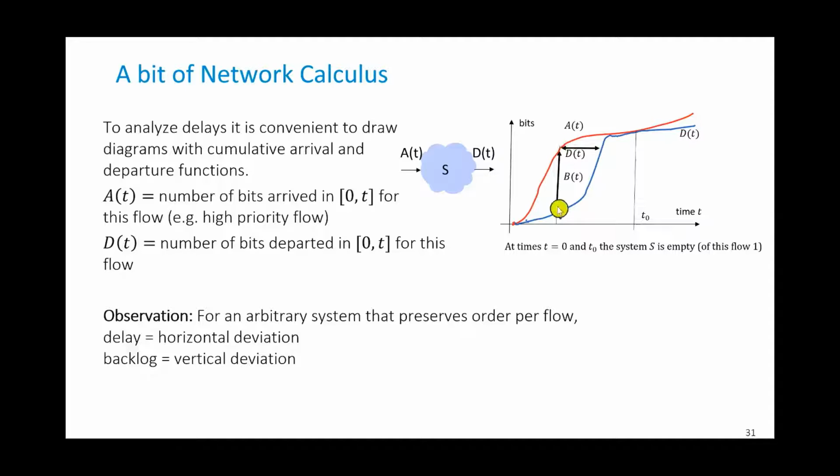We're also interested in having enough buffer. We must show that we don't lose packets because of buffer overflow. Here we also see the amount of data that is in the buffer. This is called the backlog. At time t, how much of this flow is in the buffer? Well, this is everything that has come in minus everything that has come out. The difference is what is stored in the system. So that's red minus blue. It's A of t minus D of t. So this is the vertical deviation between those 2 curves. This way of presenting the system is interesting because of this. We see here very clearly, and we can analyze mathematically